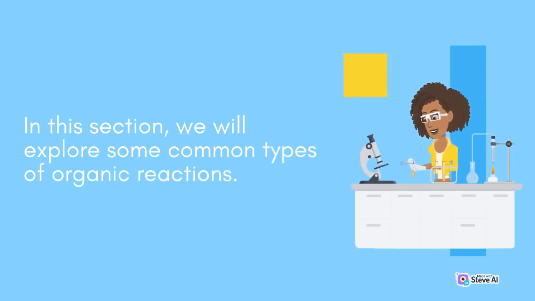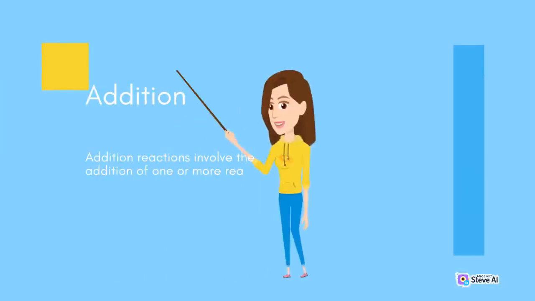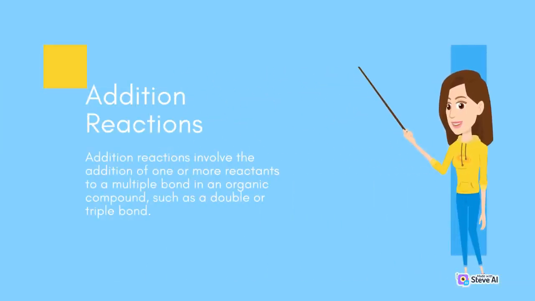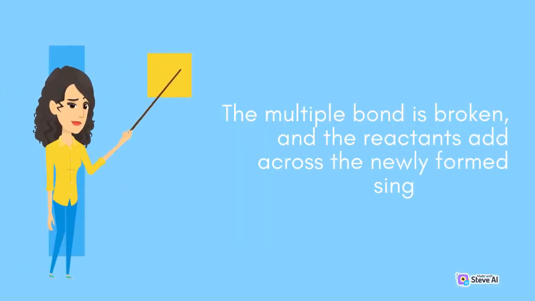Addition reactions. Addition reactions involve the addition of one or more reactants to a multiple bond in an organic compound, such as a double or triple bond. The multiple bond is broken, and the reactants add across the newly formed single bonds. Some common